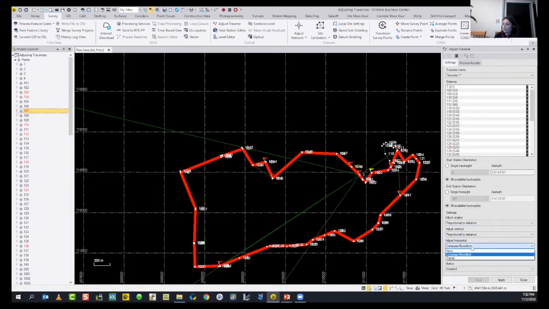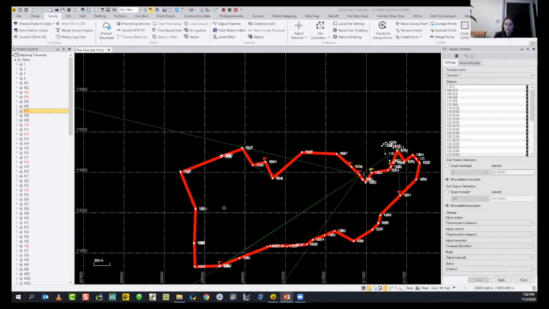Adjust horizontal options, there are two ways, actually three ways. First one is none, no method for adjusting horizontal. The other ones are compass bowditch and transit. So what are these exactly?